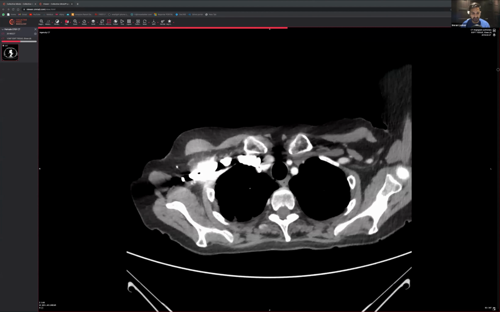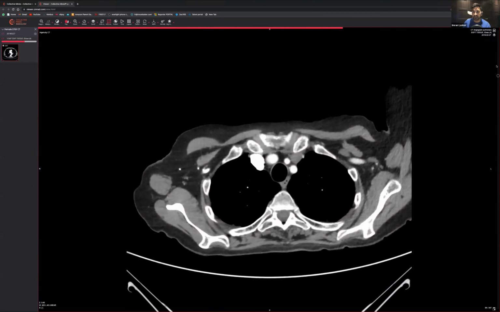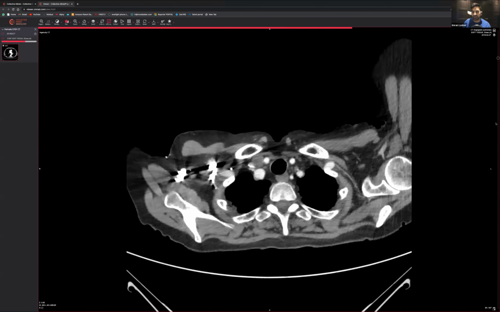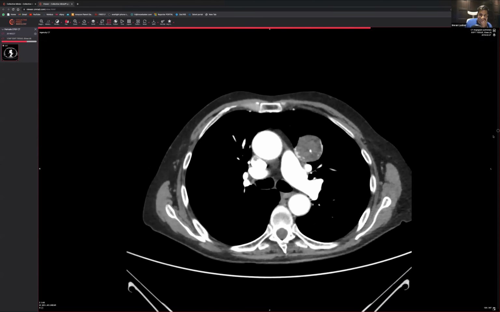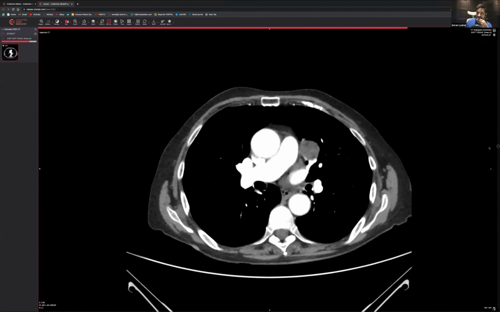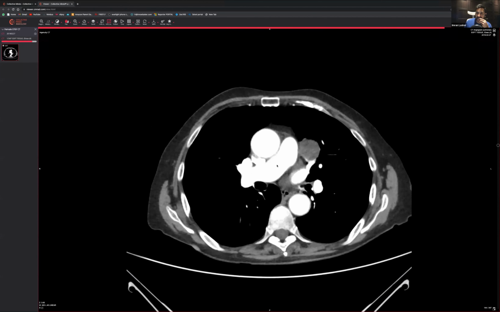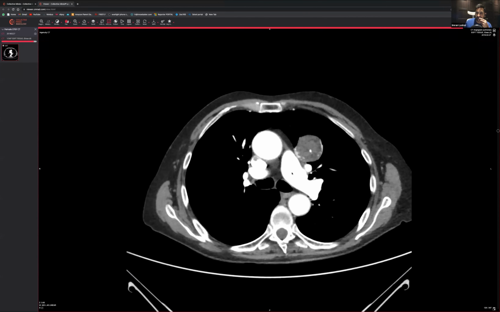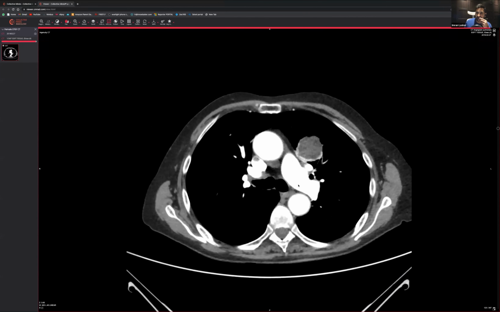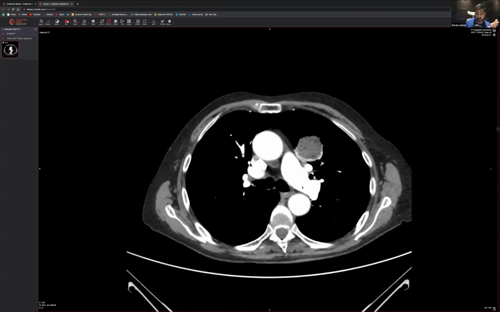So first off, we can see that this is a contrast enhanced CT scan. And if we work from the very top, this looks very like a CTPA, doesn't it? Because there's so much contrast sitting within the pulmonary arteries. Someone said, could this be a pulmonary artery abnormality? Well, actually, the pulmonary arteries look okay. They're very well opacified.